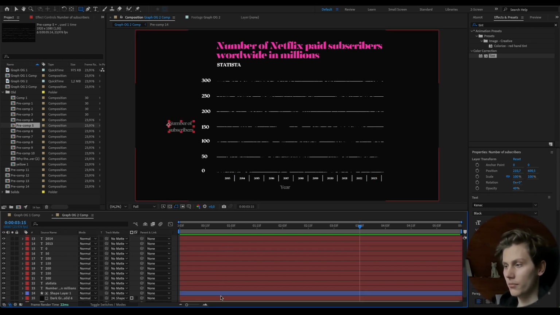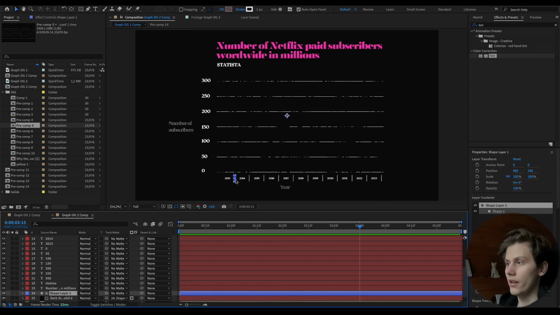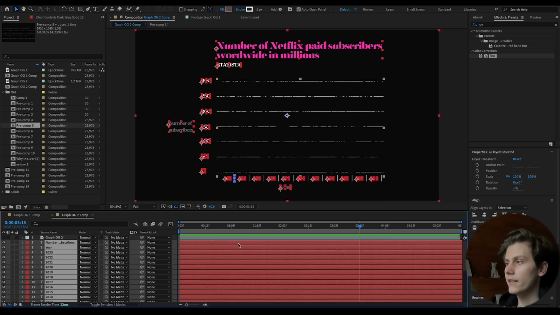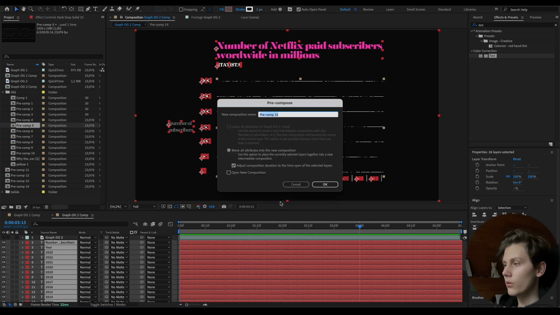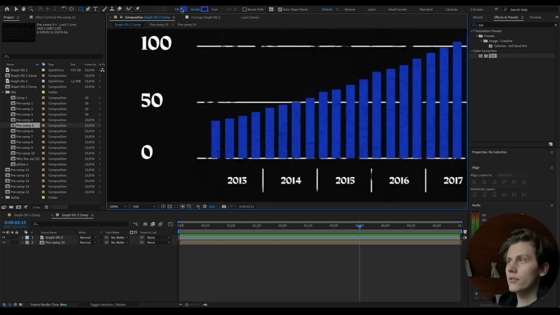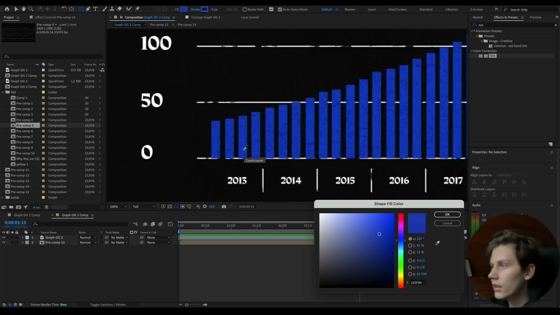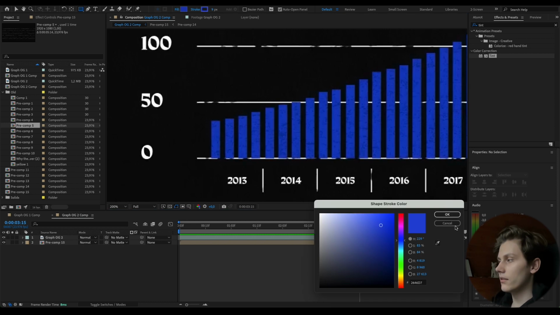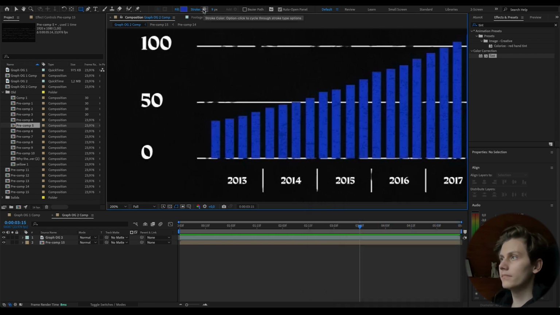Let's pre-compose everything. By the way, those layers are created the same style as those. So let's pre-compose everything so it won't get in the way. And let's now create that blue graph. Let's use the shape tool, copy the color exactly, disable stroke, and just